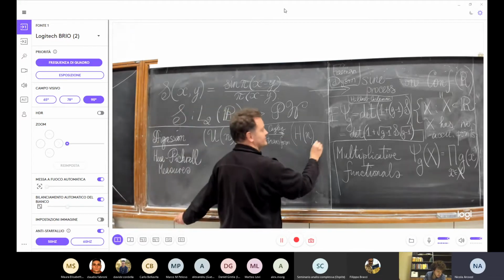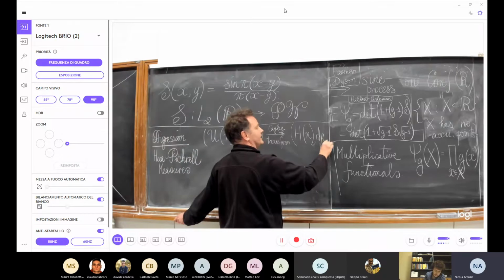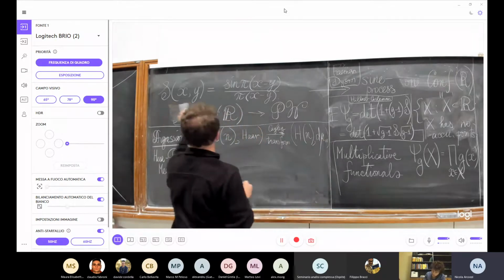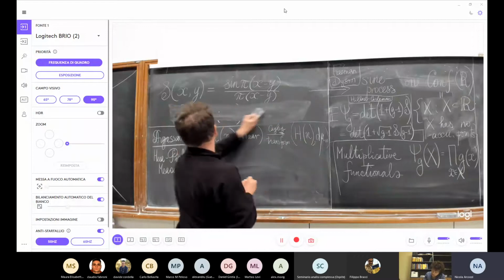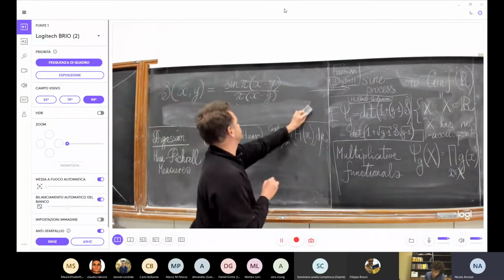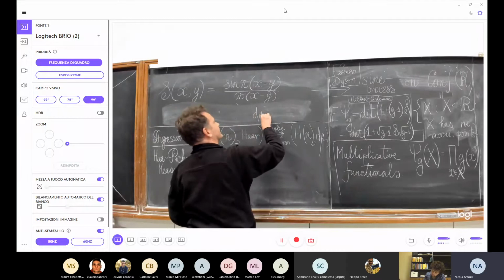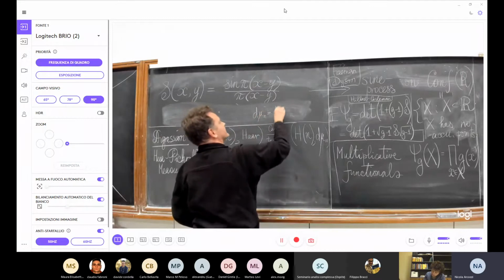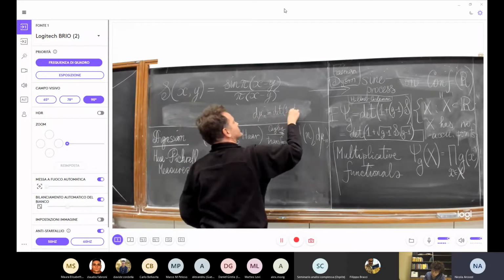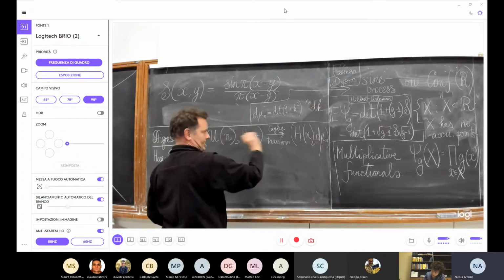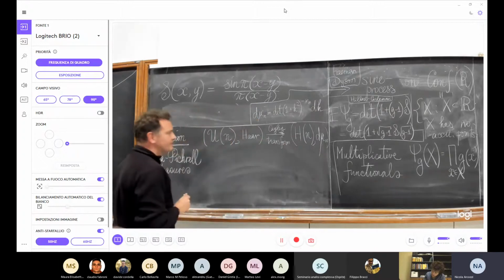And this space of Hermitian matrices is at this point endowed with the measure d mu n. The measure d mu n can be written explicitly. Let me write it: d mu n is the following measure, determinant of 1 plus h squared to the power minus n dh. This is the measure d mu n in these coordinates.